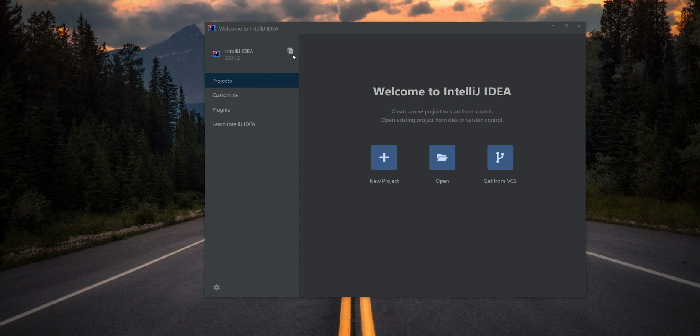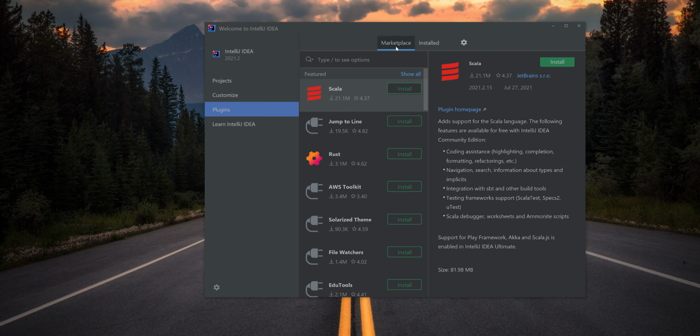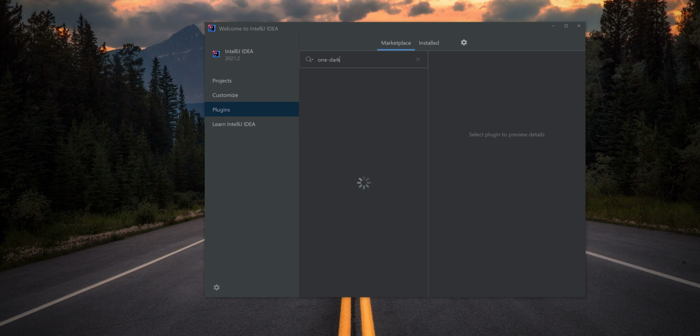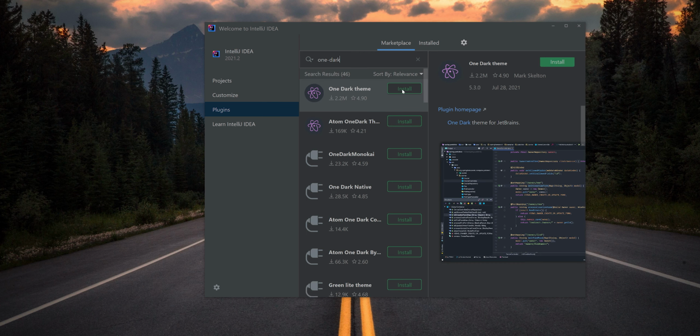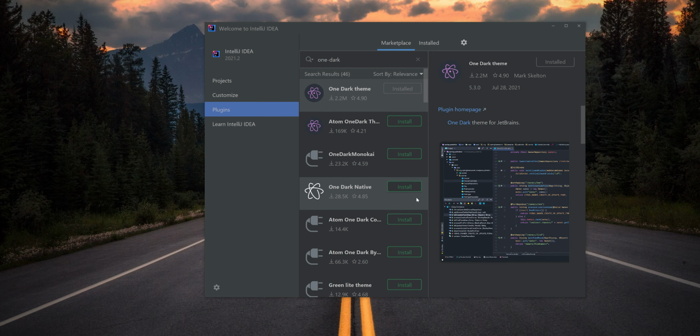I have IntelliJ open. I haven't opened it fully into a project or anything. I am just on this main window here, and I'm going to start by clicking on the plugins option. We have two tabs up here, Marketplace and Installed, and I'm going to start on Marketplace because that's where our themes are. So the first one I'm going to search for is a theme called One Dark theme, and I'm going to hit install on this one, and sure, I will accept the